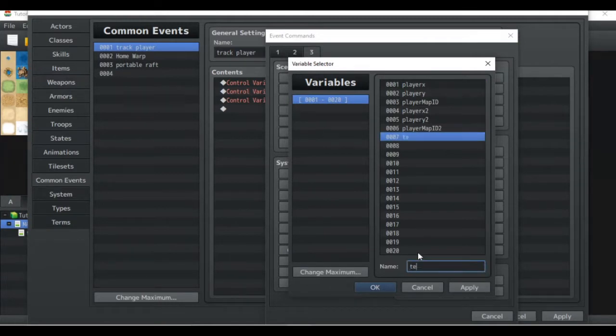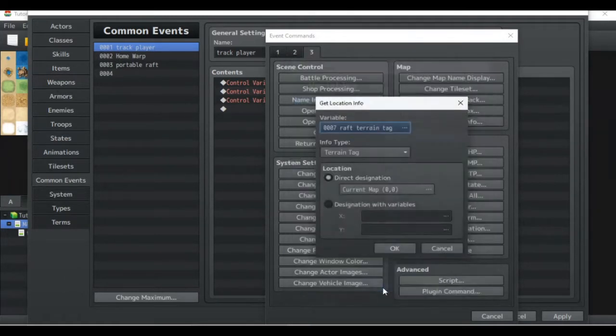We're going to call it raft terrain tag, so that we know that we're setting this variable to be a terrain tag that we're using for the raft. We're going to get the info of the terrain tag,